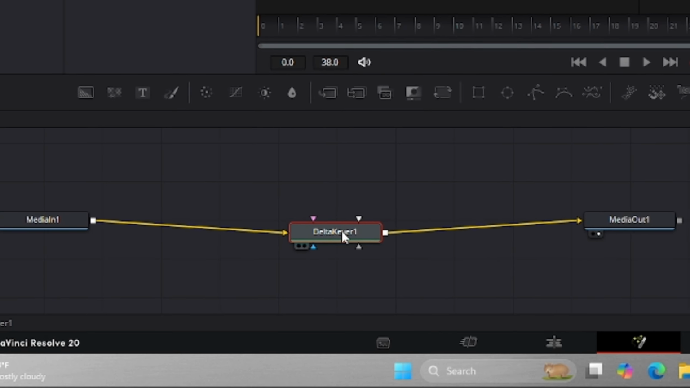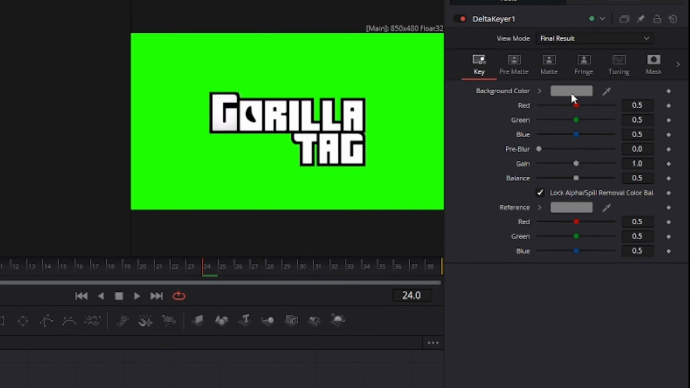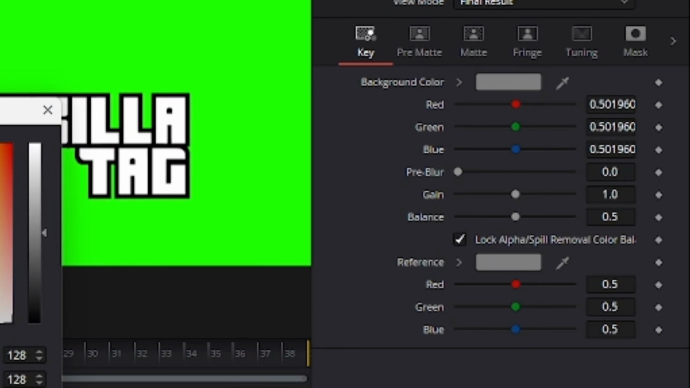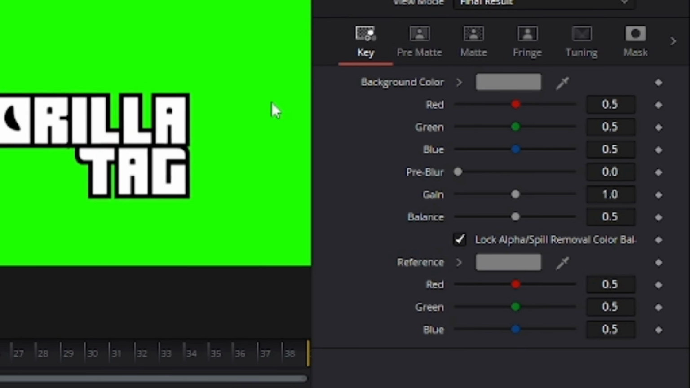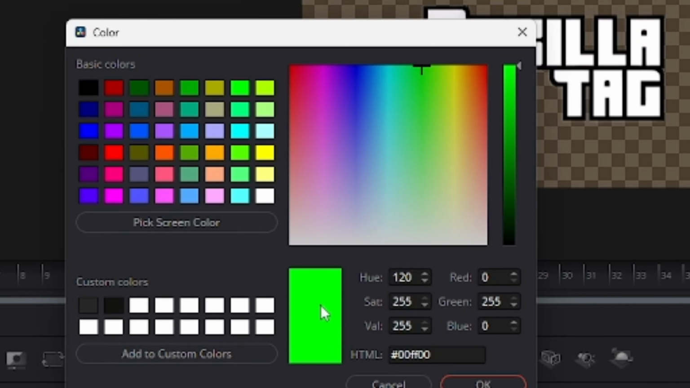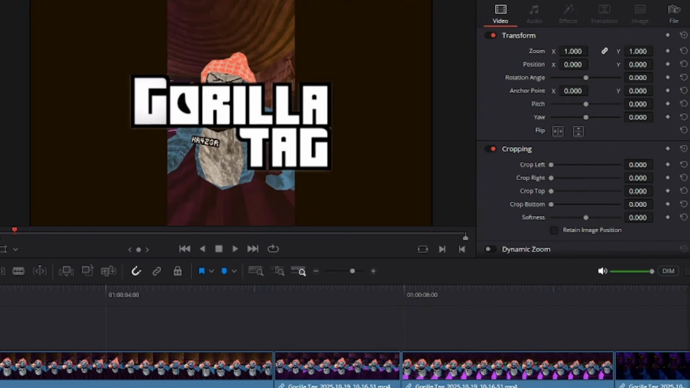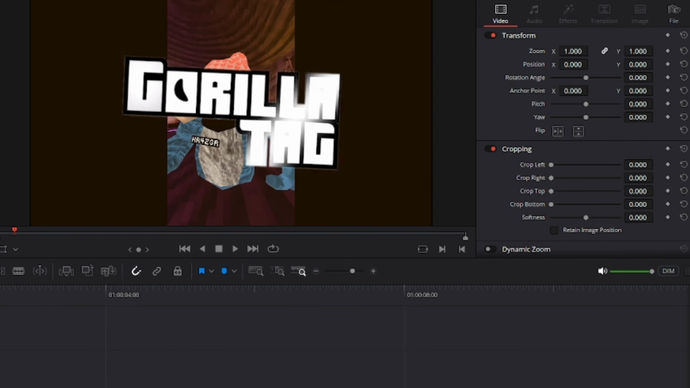into here. Then what you do is select on the delta here, come over here, and you can press on the little dropper and select it, but for me it doesn't really work. So I just like to click on this, and this is the most common color for the green screen, so I click that. But now it's like a little grainy. As you can see, it has this like effect on the